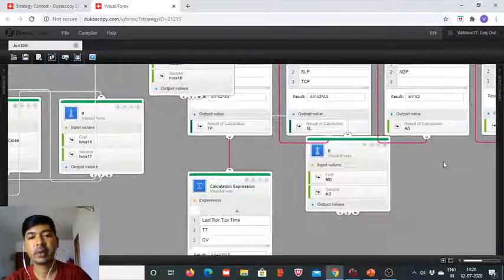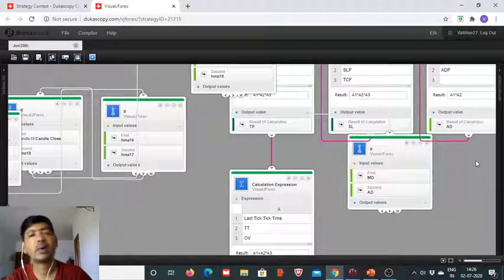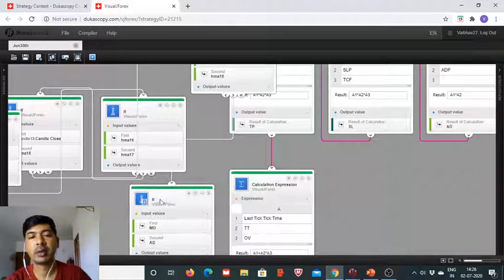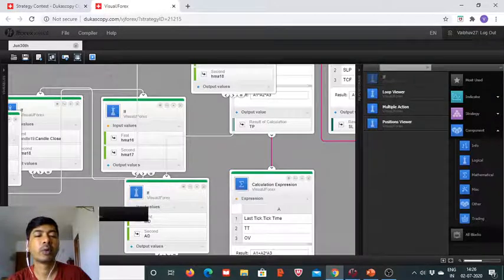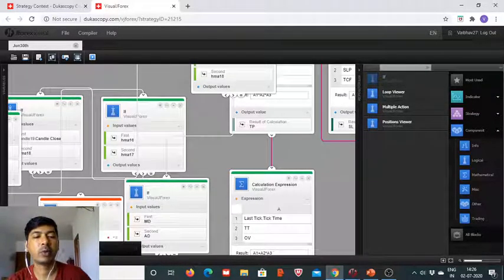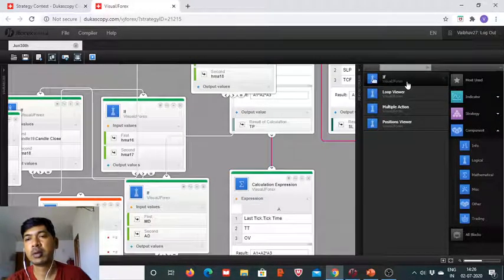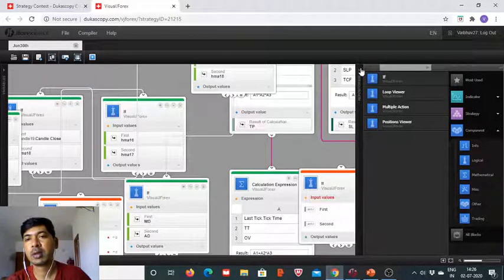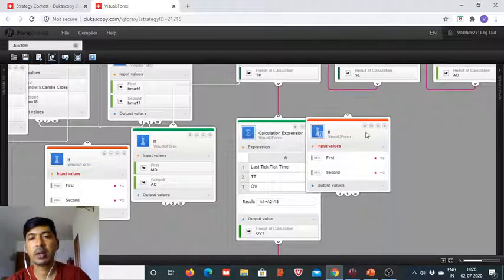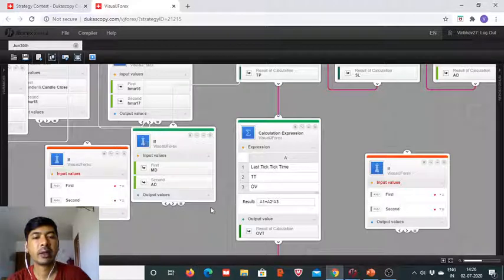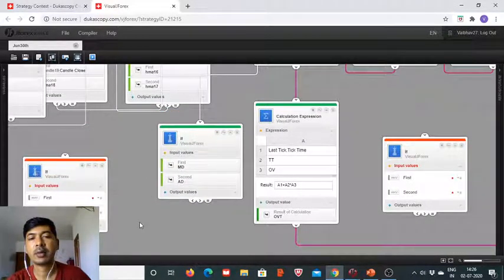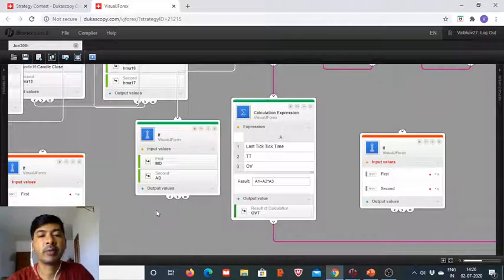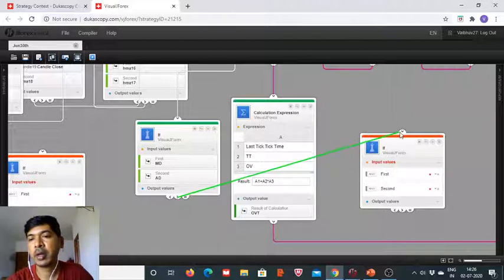ATR difference stands as AD, and we take one more if block. We will need couple of if blocks for that matter, so we take that, and min max difference needs to be greater than the ATR difference. So we have